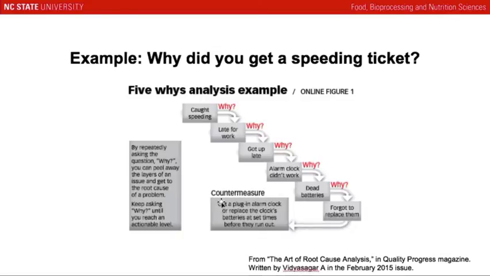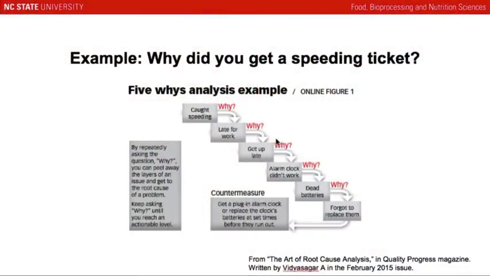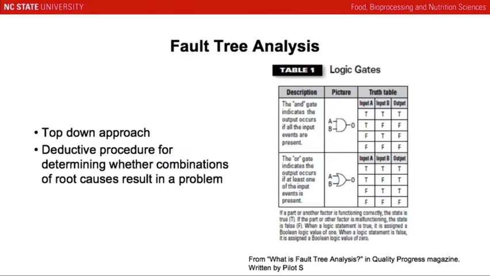So here you can see the corrective action is to either get a plug-in alarm clock that plugs into the electricity, or replace the batteries at specific intervals of time so that the alarm clock doesn't run out of batteries. So there you can see an example of asking the why question, let's see, 1, 2, 3, 4, 5 times until we found a root cause that you can actually do something about. Okay? Pretty simple. The next one is called the fault tree analysis, and this is another top-down approach where you